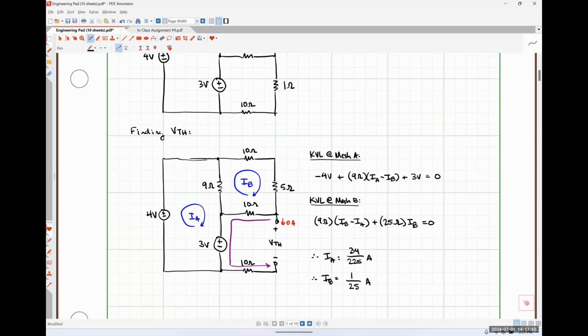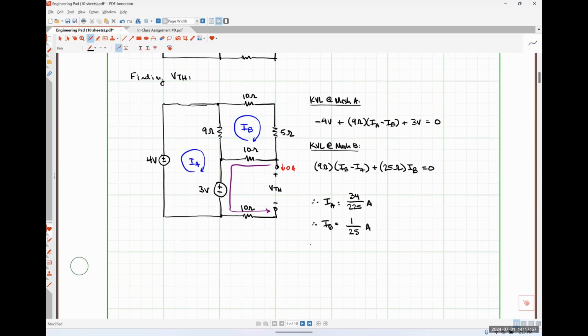So let me just write here KVL at purple. And so when I apply Kirchhoff's voltage law here, I can see that my voltage rise of VTH is equal to the sum of my voltage drops. So that's going to be 10 ohms times IB plus 3 volts